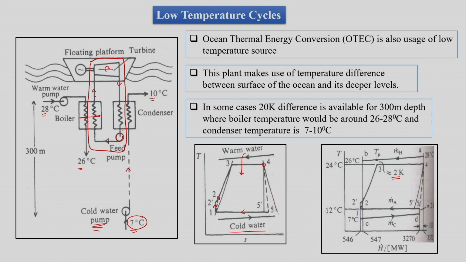If that is considered, then we can see that our cycle will have this kind of heat loss for the water from the sea surface, which will reduce its temperature from 28 to 26 degree Celsius, and it would gain the temperature from 7 Kelvin to 10 Kelvin, and then we would run the Rankine cycle of ours for electricity generation.